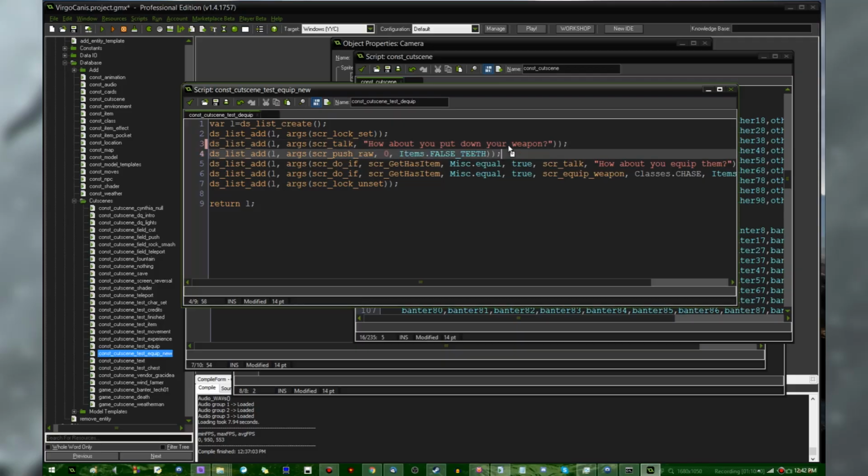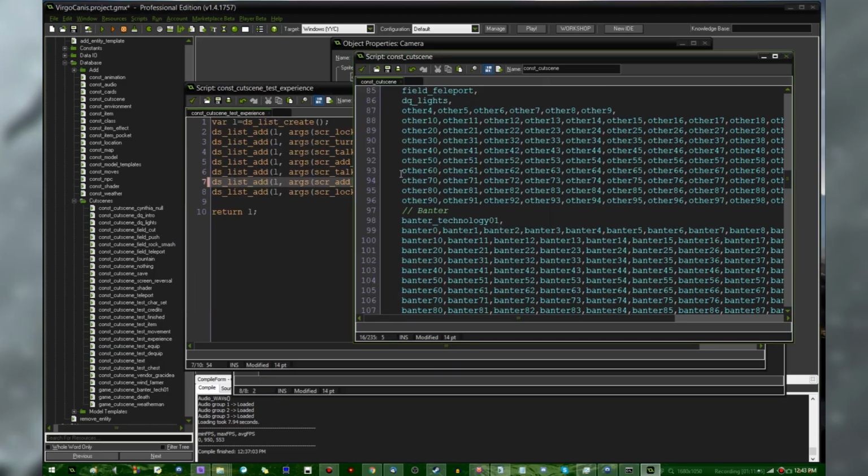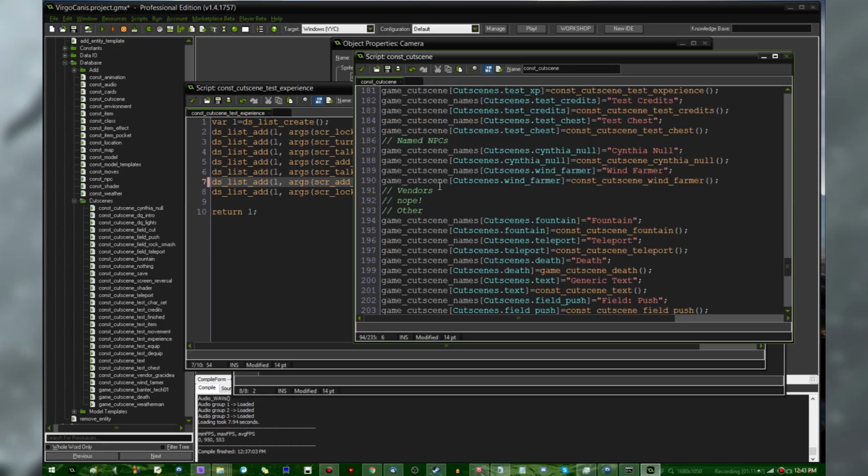This should probably be, if this was actually going to go in the game, wrapped around to check to see if you actually have anything equipped. But since I don't feel like going into anything that complicated, I won't. SCR dequip weapon, and we're going to say that for chase, and we can get rid of these two lines because I don't need them anymore. And let's see, down here somewhere,